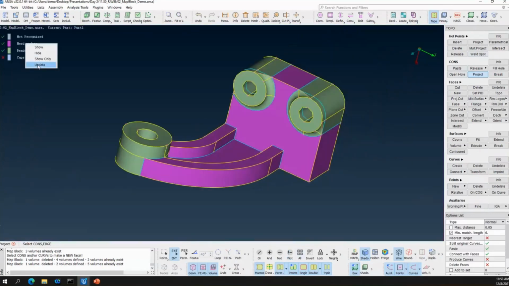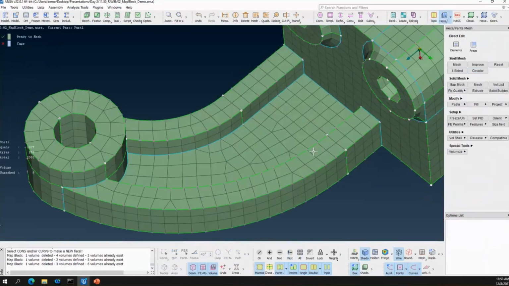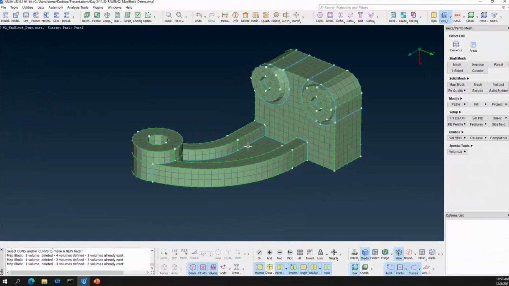Now I'll re-update the model, and you can see that we have a better mesh flow compared to the previous case.